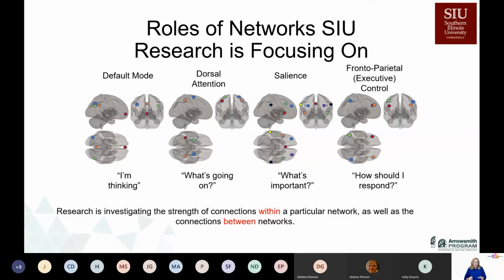And those are the three networks that we're seeing in the Symbol Relations SIP program strengthening, both within the networks and between the networks. And so these networks, again, are critical for planning, the ability to guide your actions through setting a goal and working towards that. Cognitive control, which is a process that actively maintains behavior in the service of achieving goals.